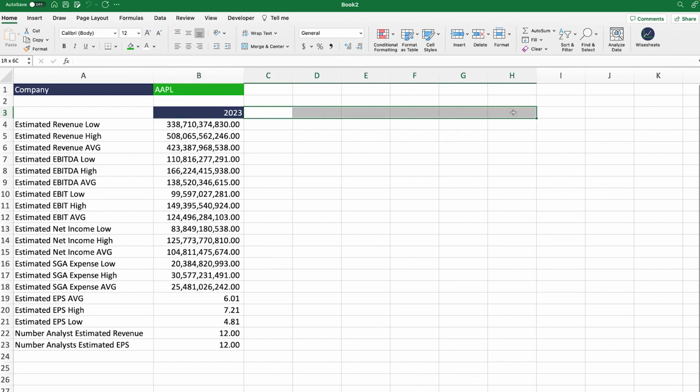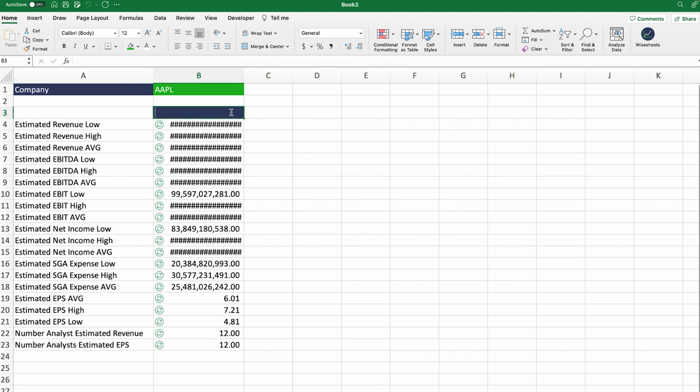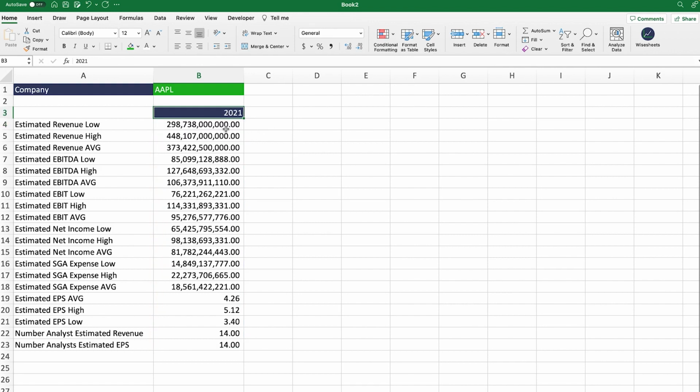This also applies for historical data. So if you wanted to compare our analyst estimates with the results of, let's say 2021, for example, you could get that value as well. So in this case, all you need to do is change the year. And as you can see, the data will update right away, and then you will be able to compare these analyst estimates with the actual results of the company.